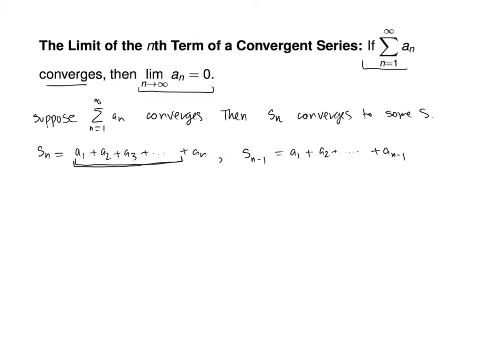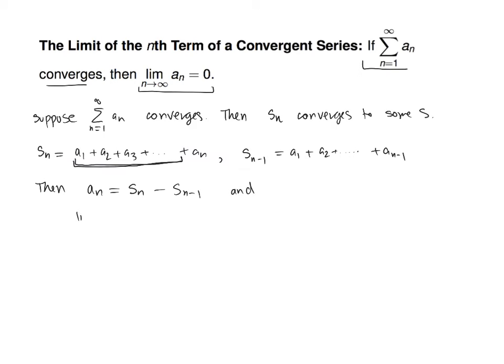What that's going to do is let us write a sub n in a clever way. Then do you agree that a sub n is equal to s sub n minus s sub n minus 1? If I take this thing, which is the sum of the first n things, and I take away this thing, the sum of the first n minus 1 things, and I subtract them, I just get the last thing. Okay. And once you have this, you're almost done. So this is true.